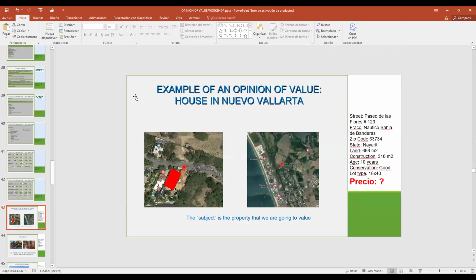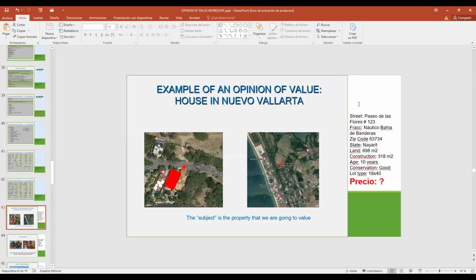We're going to do an opinion of value. Remember, the property that you're going to find the price of, we call it the subject. The subject is your property. So this is your property, the red one, and where it is in Nueva Vallarta.